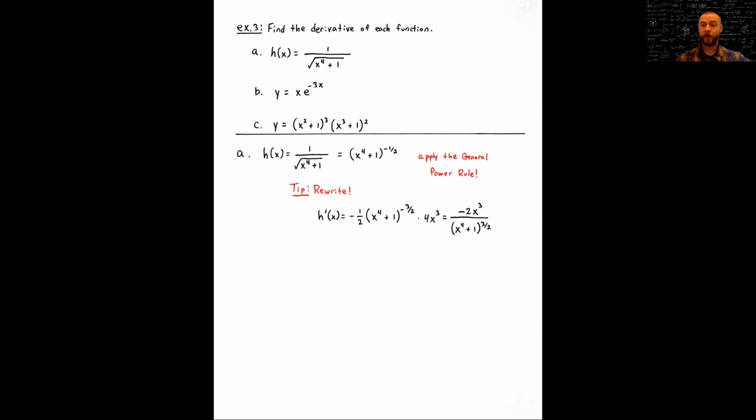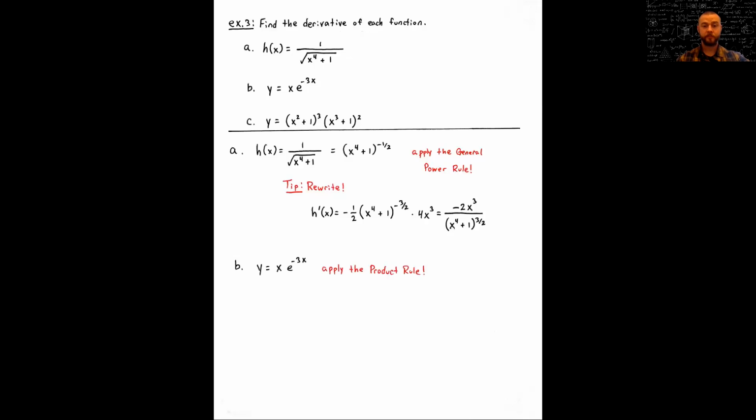Okay, let's move on to part B. This one, we're going to be applying the product rule, since we have x times an exponential function. Now, all the examples within this lecture involve the chain rule. Where does the chain rule get applied here? Well, notice that